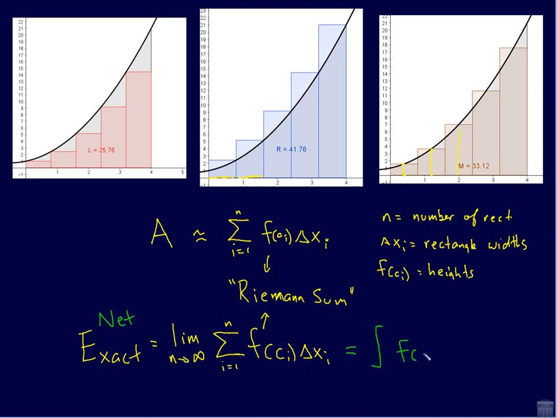I'm now going to define a new symbol for you. I'm going to borrow a little bit from the Riemann sum, the function and the dx instead of delta x. But this symbol here we call a definite integral symbol. And it provides a shorter, more abbreviated way to express all that we're doing with this Riemann sum. In fact, it tells us a little bit more information, because notice in this Riemann sum, it doesn't specify what interval we're using. That would have to be described ahead of time. But in this integral symbol, the a and the b are specified, and you know exactly where to start